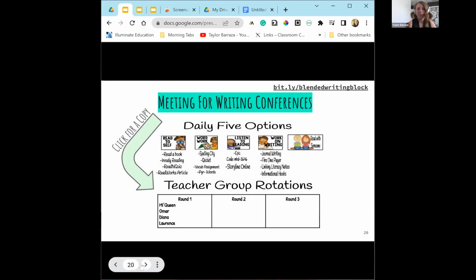This is just a quick example of what I use to keep my students on task when I'm working with them, talking about that blended learning. They have a list on the board of their options for small group time while I'm pulling those students at certain rounds to meet with them about their writing. If you want a copy, this is from Daily 5. If you've ever been to one of their conferences, it's a really great resource on how to structure your